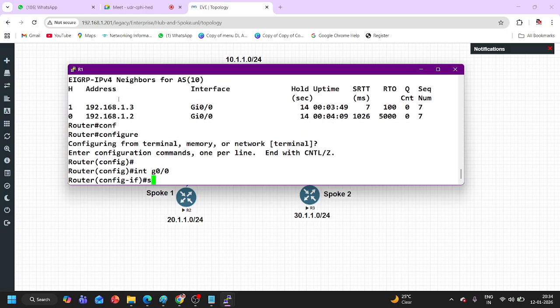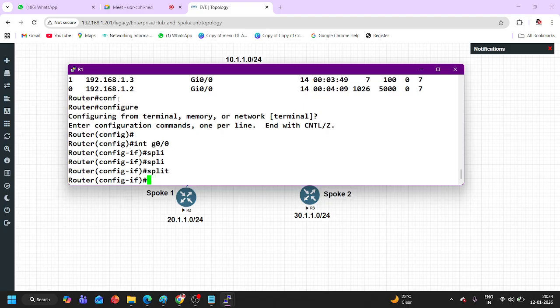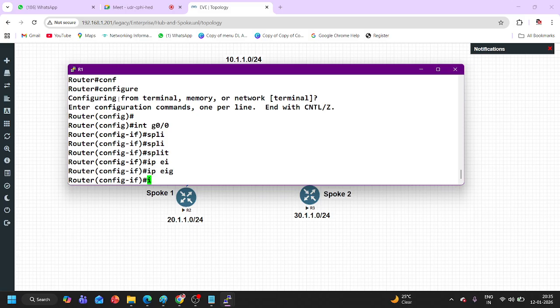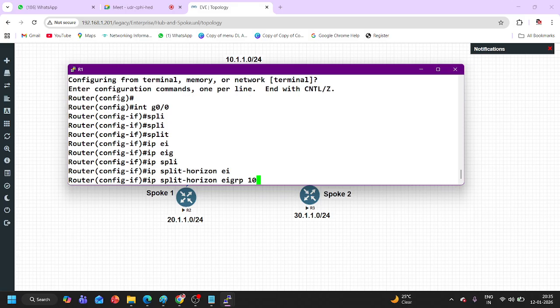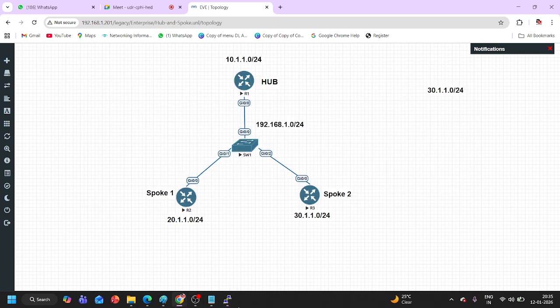By default, this command is enabled: no IP split horizon EIGRP for AS number 10. If I remove this command, say no to this,